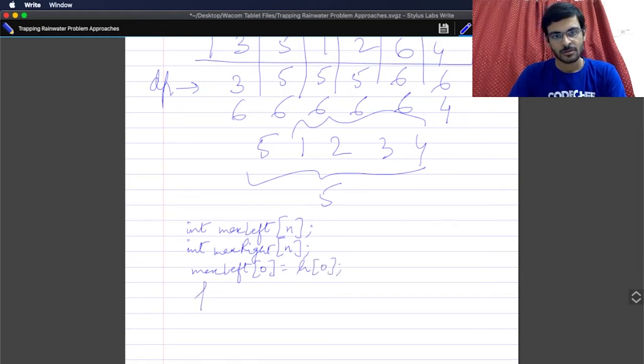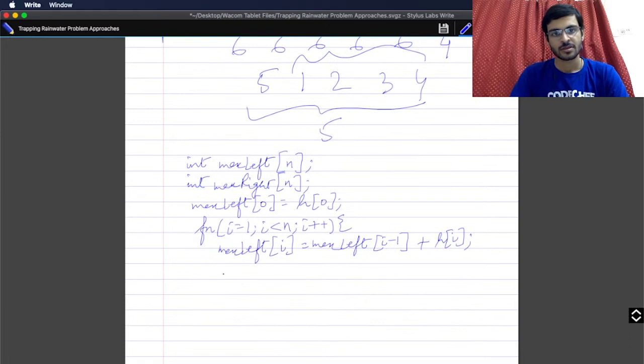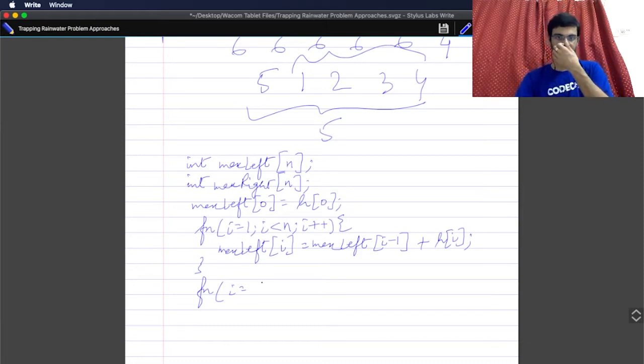and for i equals 1, i less than n, i plus plus, if you look at all these places, max left i equals max left i minus 1 plus h of i, right? Then for i equals to